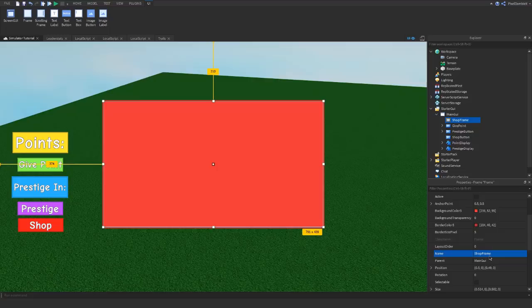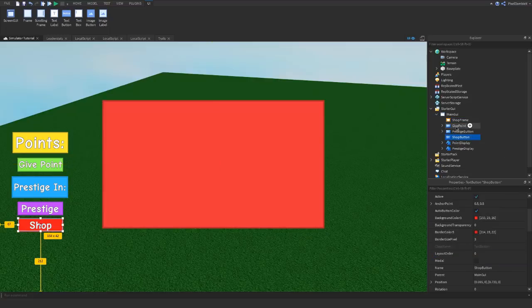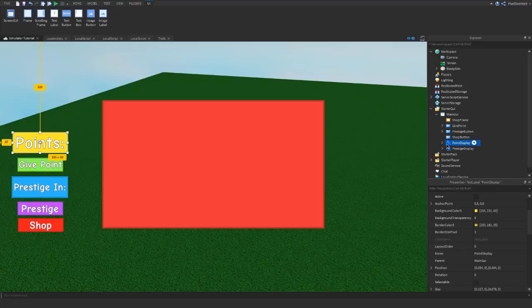So the difference between a frame, text label, and text button is kind of obvious. Text button, it's a button, you can click it. Text label, it's just a label with just text, so it just displays things. And then a frame is used to store lots of things. So this is basically its own screen, if you know what I mean. So